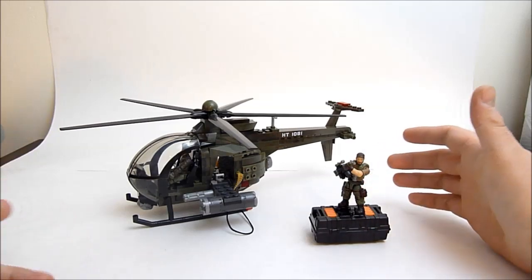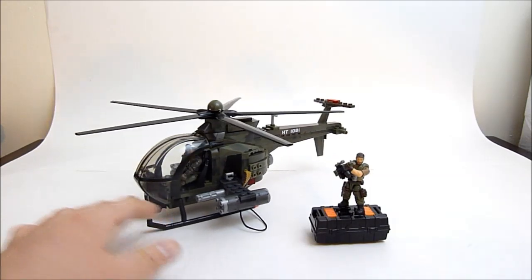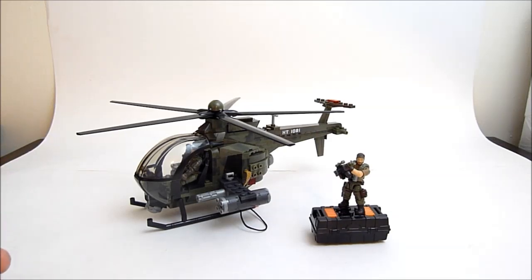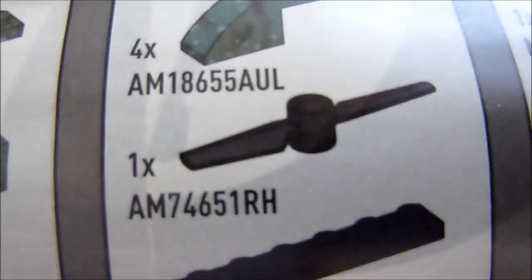So I grabbed the instructions, went to the Mega Bloks website, and typed in the set number. It said, what part do you need? I went through the inventory, and I'll show you guys real quick as I make a mess. Here are the instructions. Here is the parts list. Right here is the piece that I am missing. It's AM74651RH. Yeah, there we go. So I type that in,